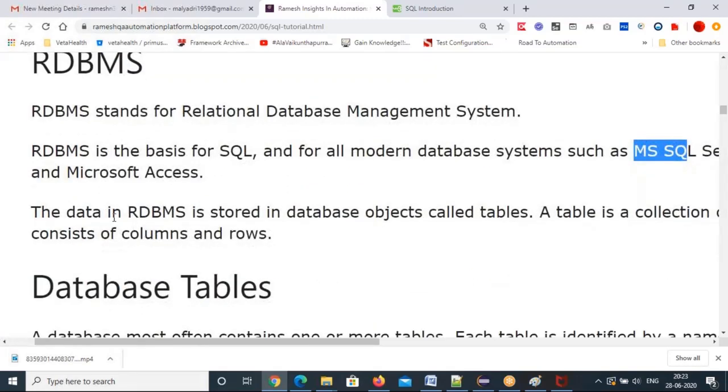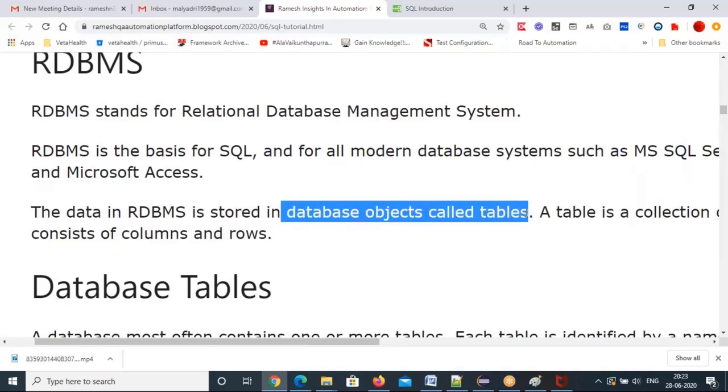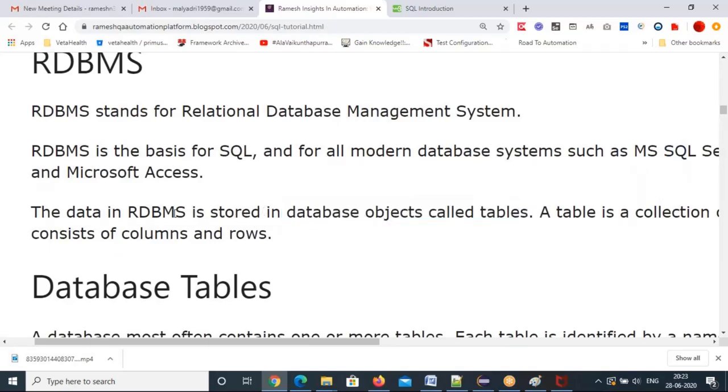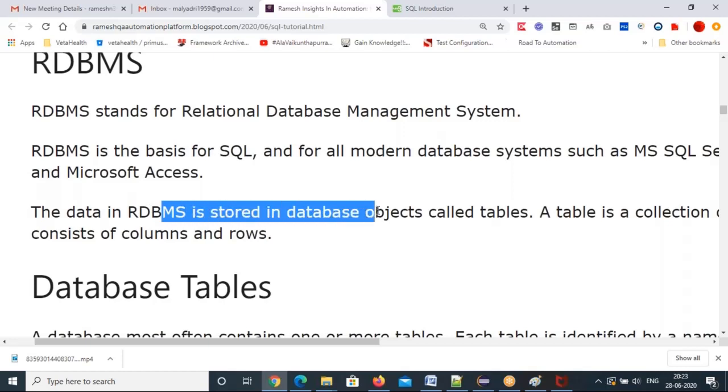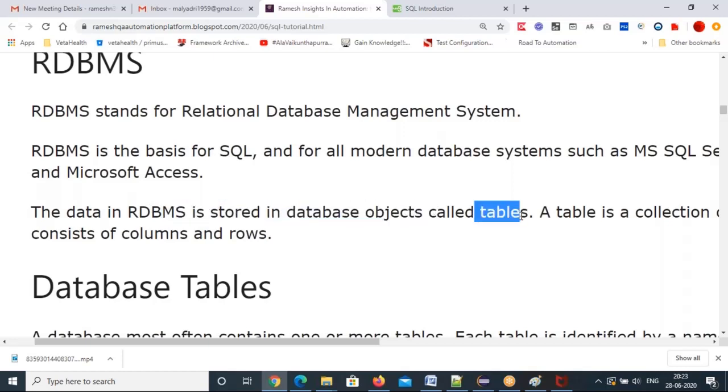The data in an RDBMS is stored in database objects called tables. This is what I was talking about. You have a lot of tables. So many tables will be there in one application. They will categorize all the data they want to store. Each table is one database object. Each table, like a users table, only user data will be stored there. Like products, all products data and their prices will be stored there.